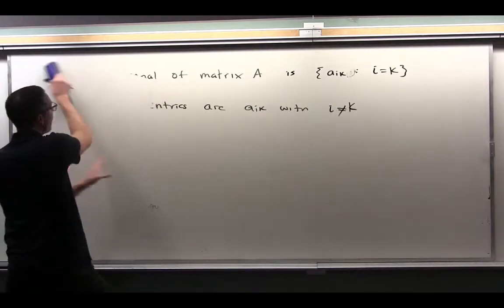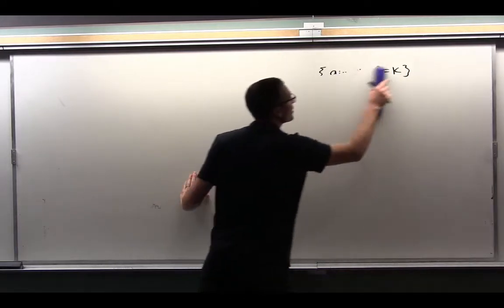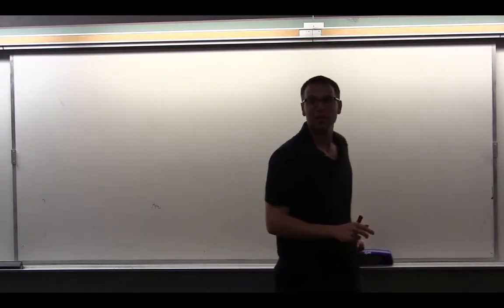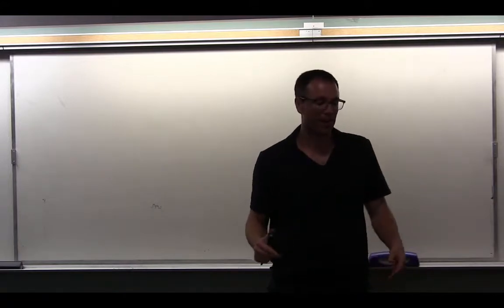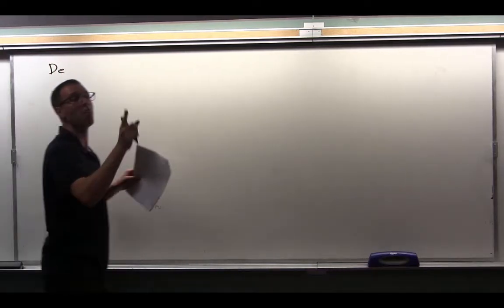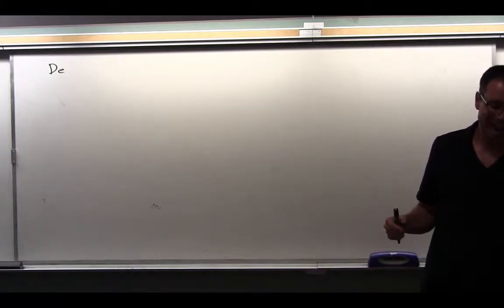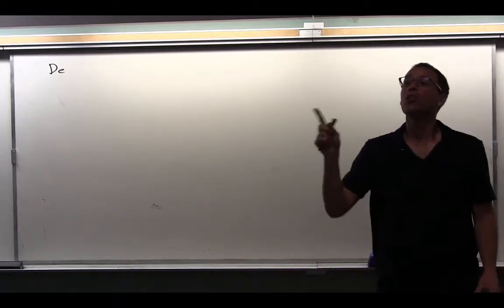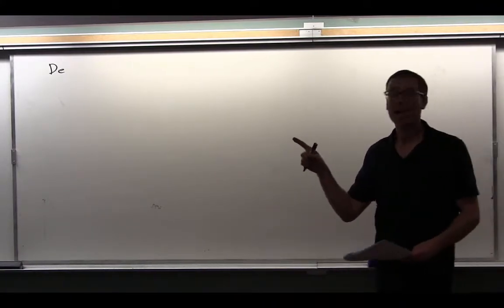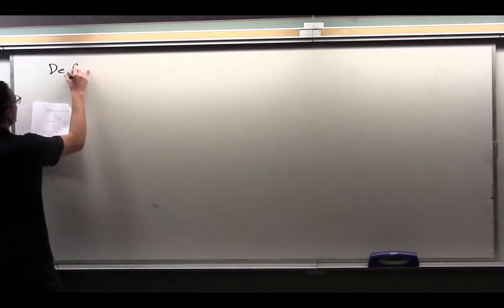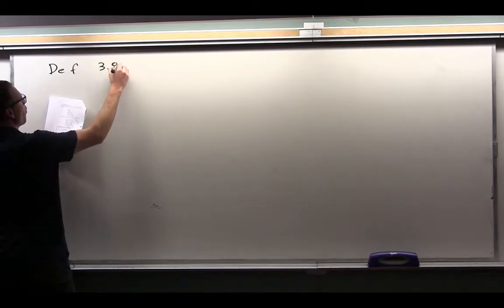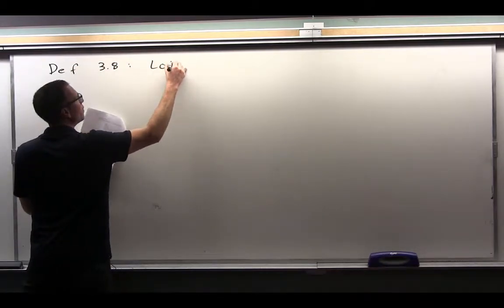All right, so far we have what we call a diagonal matrix. We have what we call lower triangular entries. We have what we call upper triangular matrix. Can you guess what other type of matrices we might define? So we had the main diagonal entries allowed us to define what we call a diagonal matrix. The lower triangular entries allow us to define a lower triangular matrix. So this is going to be a definition that we have, definition 3.8, lower